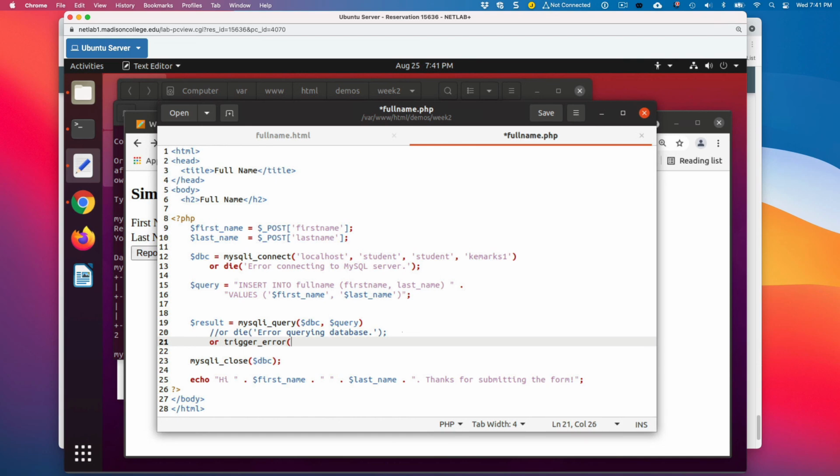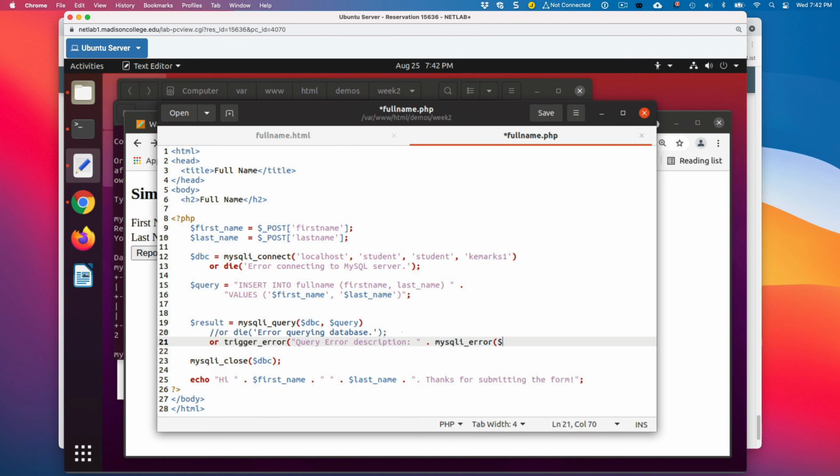Okay, and we'll say query error description. And then in that quote, I'm going to concatenate in here my SQLi underscore error. This function is going to take, let's do this. Yep, this will do.